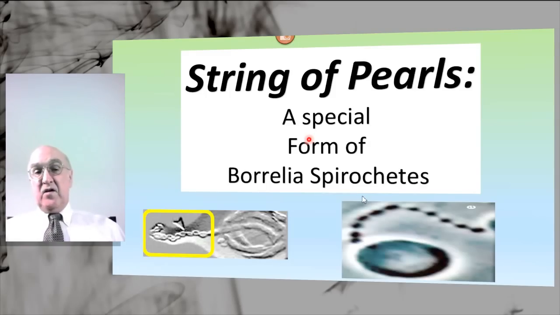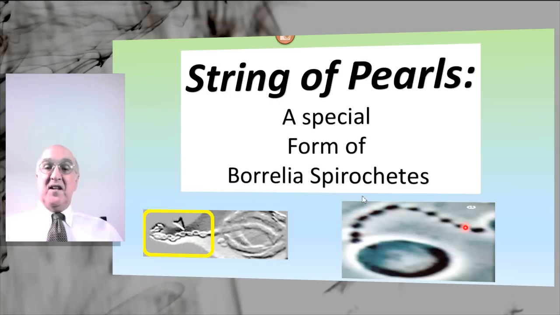I'm going to introduce now a term called the string of pearls. This is another structure which Dr. Laane has identified under the microscope in certain human blood examinations. It's a special form of Borrelia spirochetes, not written about in any of the textbooks, and so it's a special form which is specific enough that when we see it, this is a string of